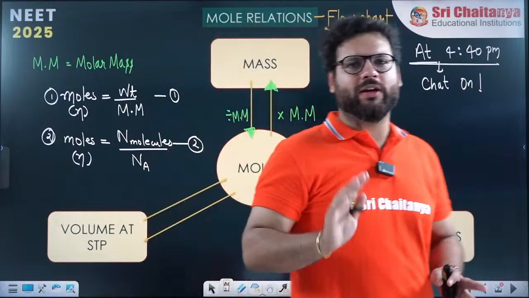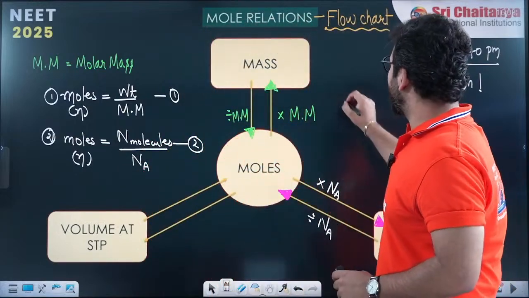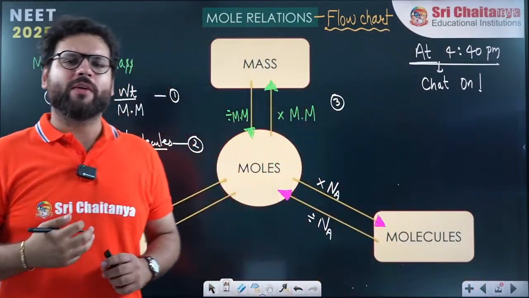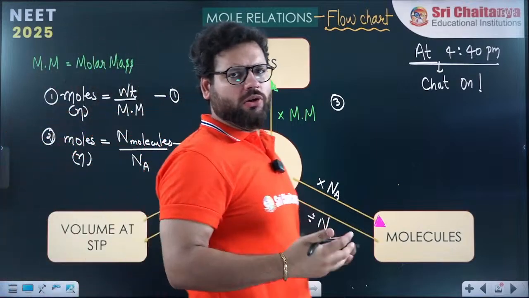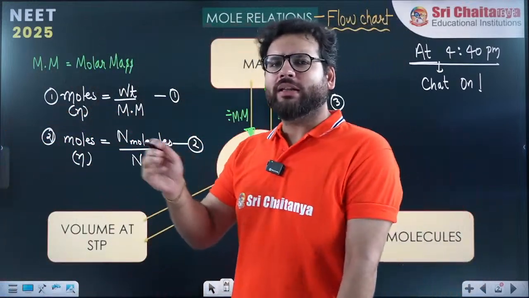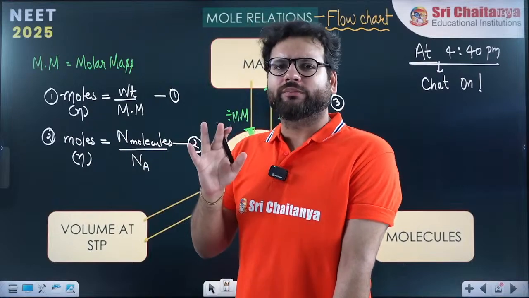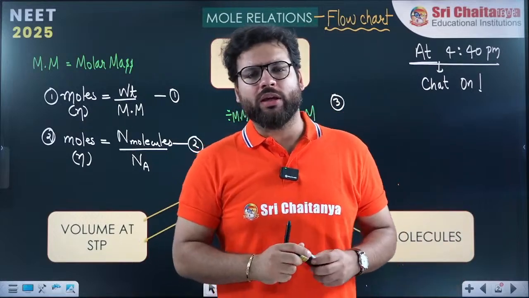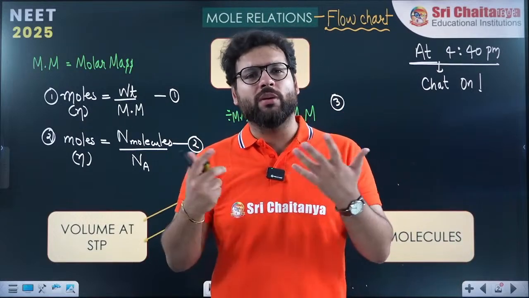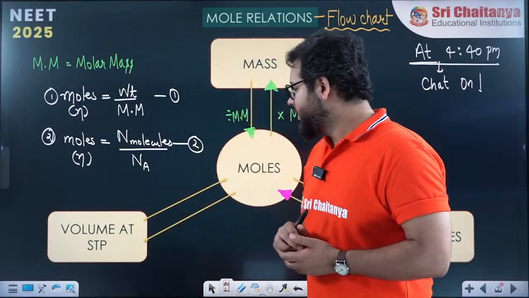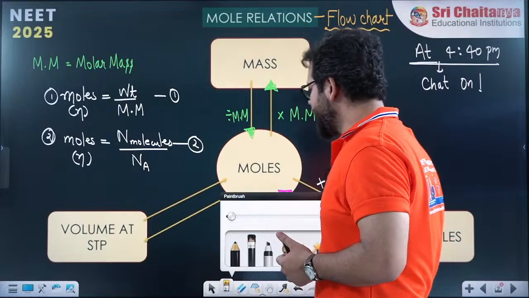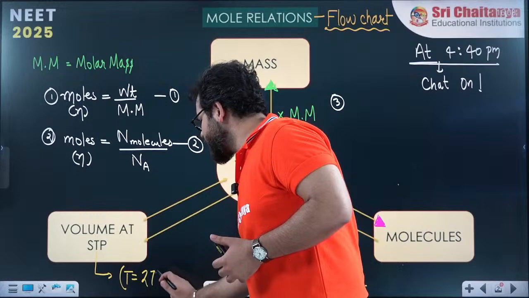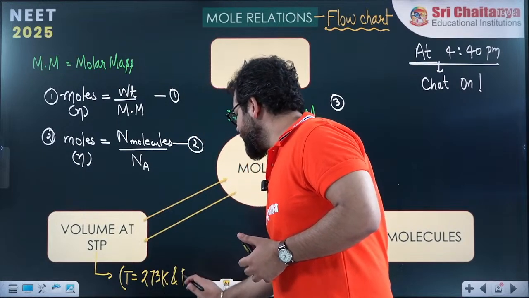Two formulas of moles I have just told you. The third formula of moles is when we relate it to the volume of any gas. There is a law called Avogadro's law. When you apply PV equal to nRT, the ideal gas equation, you will find that whenever you take 1 mole or Avogadro number of molecules of any gas at STP, where STP means standard temperature and pressure, with temperature 0 degrees Celsius, meaning 273 Kelvin, and pressure 1 bar,